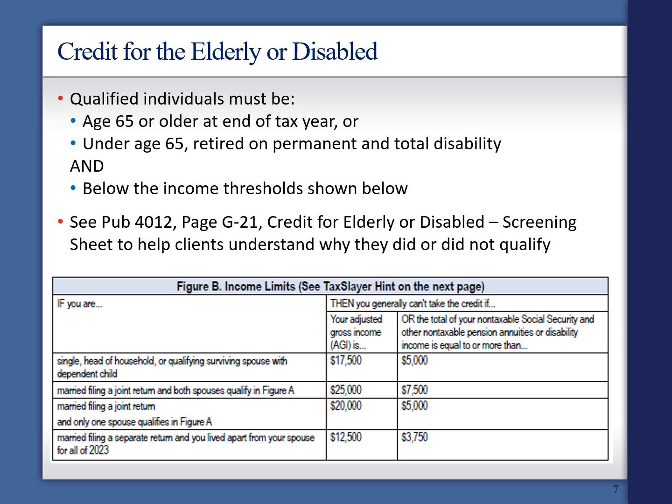Taxpayers age 65 or older, or under age 65 who retired on permanent and total disability, may be able to claim a special non-refundable credit if they are U.S. citizens or resident aliens. Few qualify for this credit because most taxpayers' Social Security benefits exceed the income limits. If adjusted gross income is greater than $17,000 to $25,000, or Social Security benefits are greater than $5,000 to $7,500,